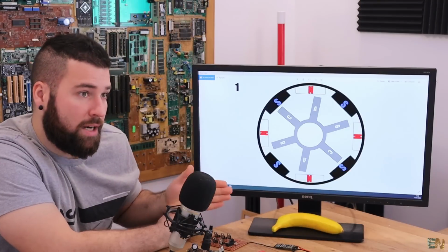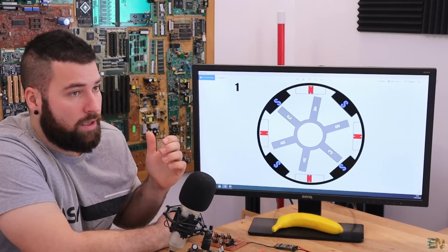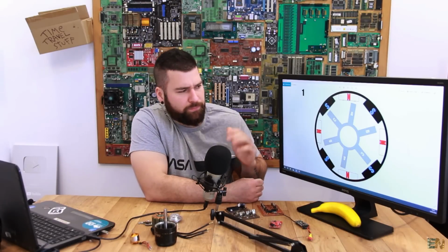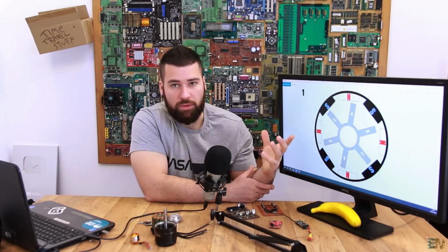In each part of the sequence, we activate 2 coils and we leave 1 floating. What does that mean? By floating, I mean we don't apply any voltage to that coil. For example, we apply positive to A and ground to B, and C will be floating, and we can use